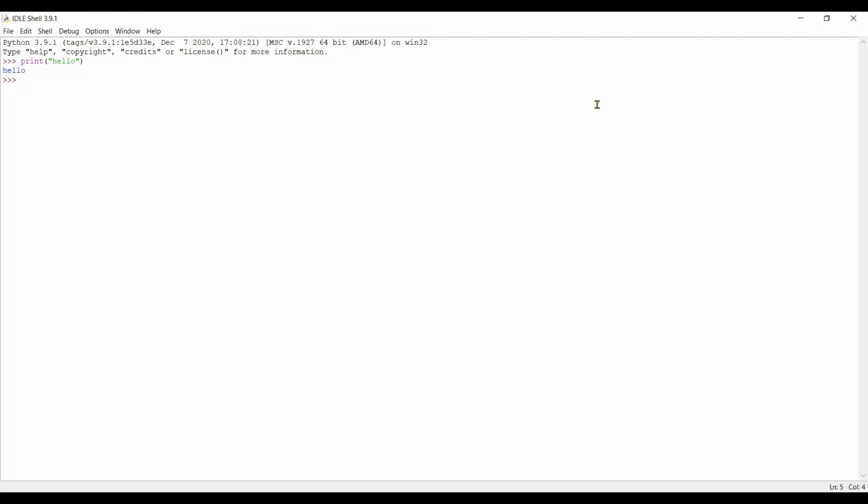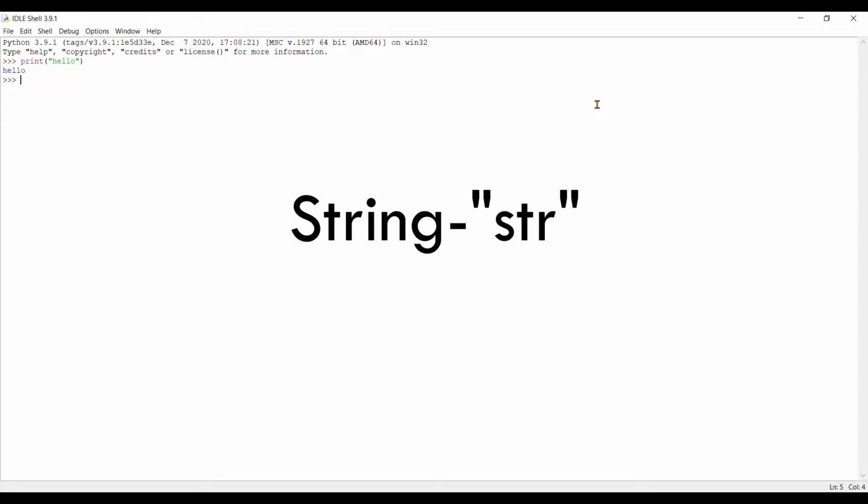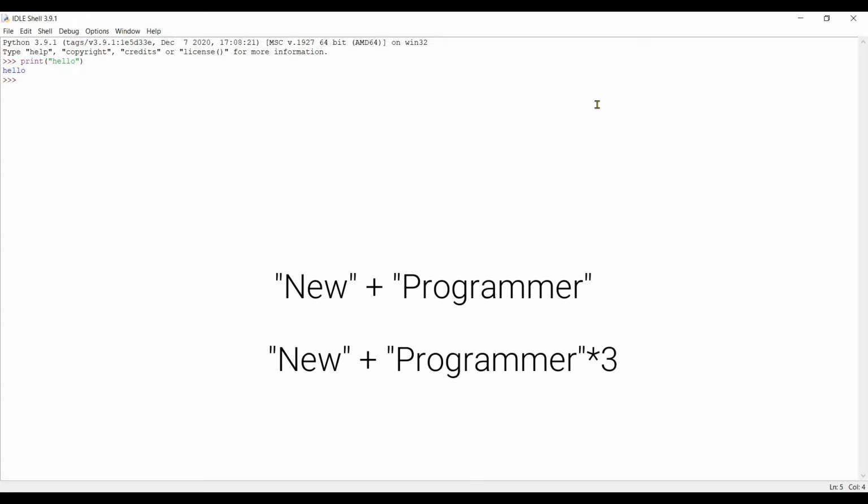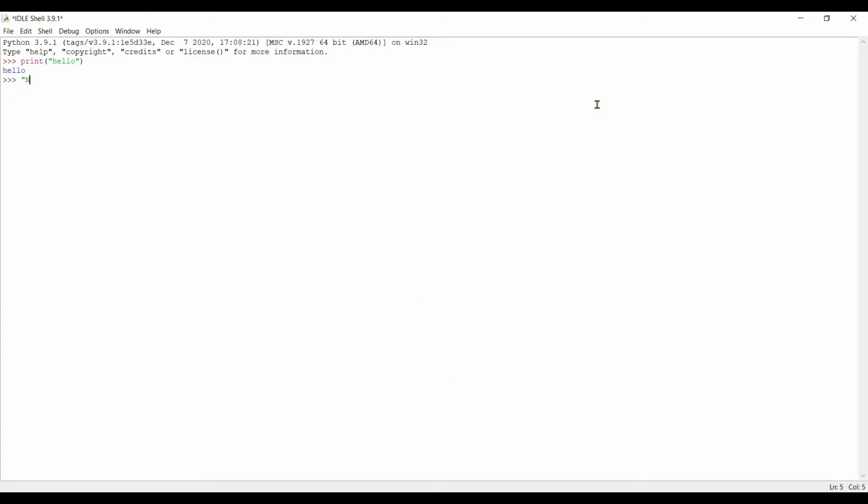Now let's discuss string. What can we do with string? In fact, we can add two words and we can multiply words with numbers. Let's look at them one by one. First, let's add two words. How do we do that? New plus programmer.